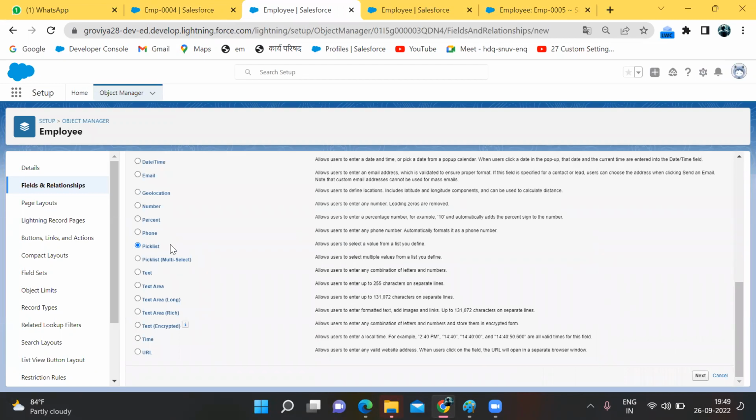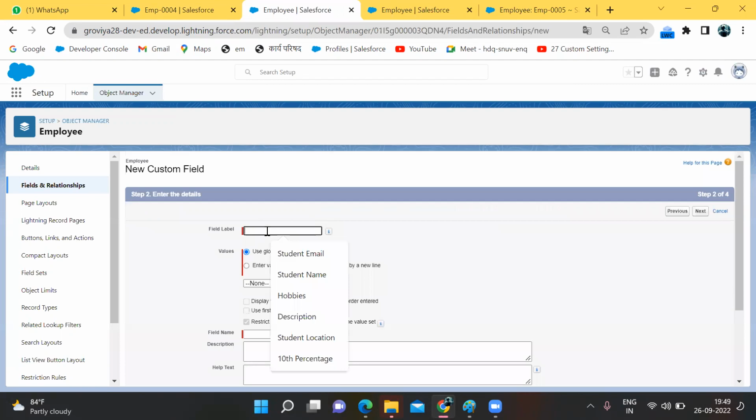So I have selected picklist as the data type. Simply click on Next and select the field. Write the label name, Employee City. So here I'm getting the global picklist value set. What I'm getting is the global picklist set. So when we create a global picklist set,